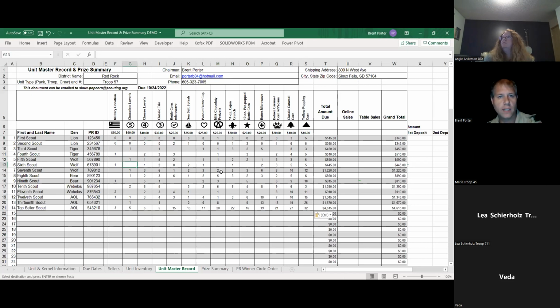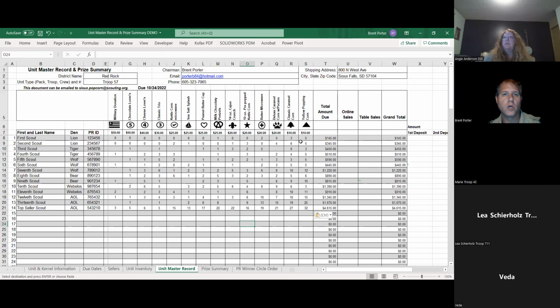Go in and fill out each column. Make sure that you get the appropriate product and the appropriate numbers in each. I recommend you give it what I call a smell test. $145 appears to be about right for these products. If this was $1,000, something doesn't look right. We've gone through, we've tested this. Doesn't mean something might not slip through the cracks. I encourage you as you go through it to give it, like I said, the smell test. Make sure that things just kind of look right.